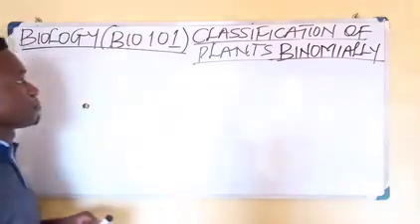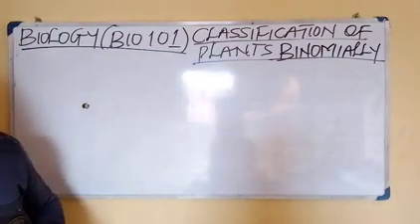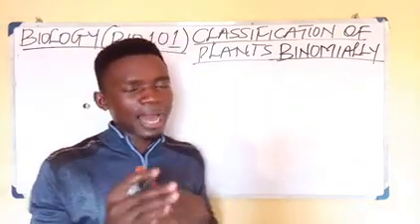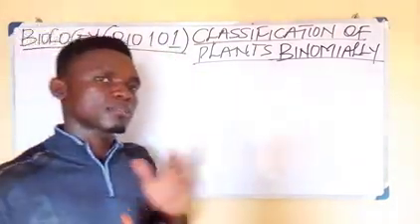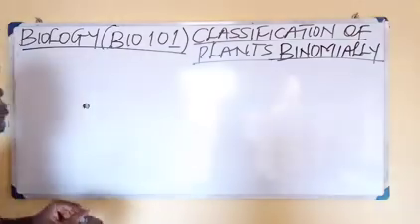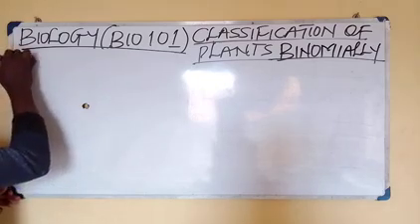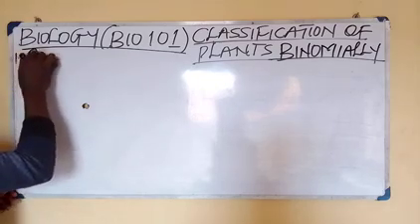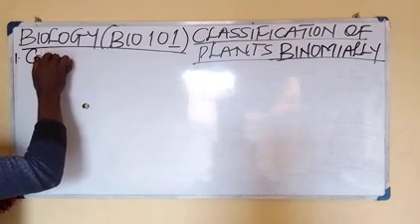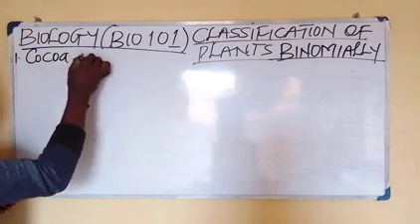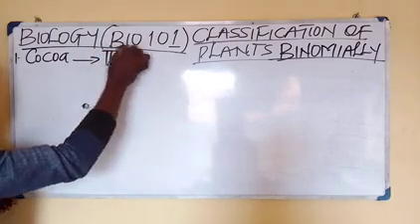So let's get started. Binomial system of nomenclature in plants: the act of giving two names to plants. Two names, just two, only two names. Let me give you the one that I believe is common to you. Cocoa. Cocoa is Theobroma